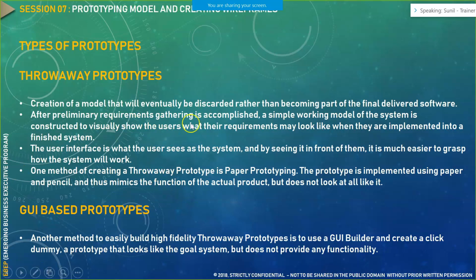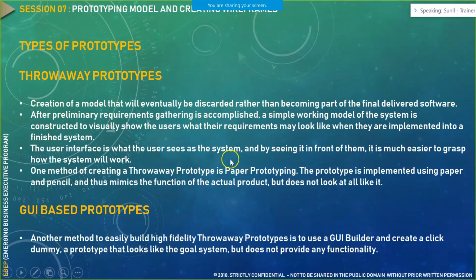Now, after you have perceived that information about how the system screen would look like by drawing that particular piece of screen using pen and paper, that paper is of no usage. So what you would do, you would create a newer version of that particular prototype depending on the user feedback, and you would throw away the older version of the prototype.